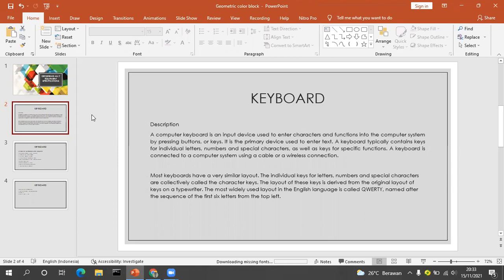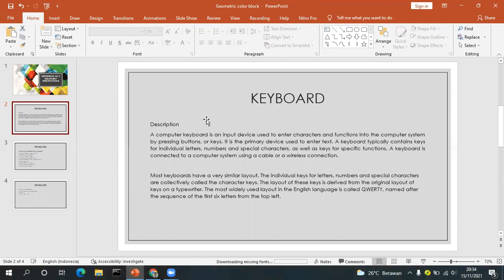A typical keyboard contains keys for individual letters, numbers, and special characters, as well as keys for specific functions. The keyboard is connected to a computer system by cable or wireless connection. Most keyboards have a very similar layout.